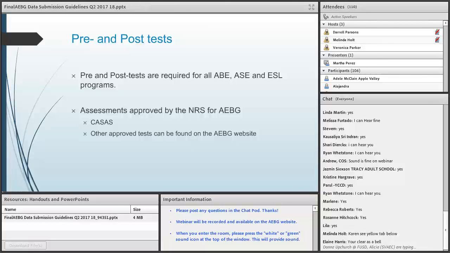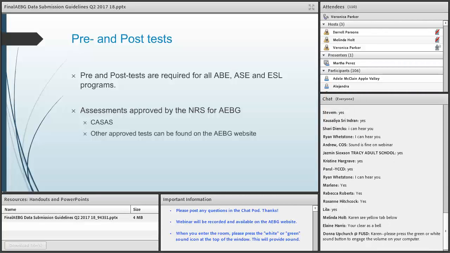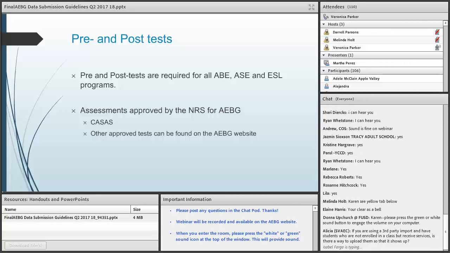We have pre and post test information. As I was talking previously, for those students who did get enrolled in the ABE, ASE, or ESL programs, confirm the number of hours that are needed for post-testing these students.